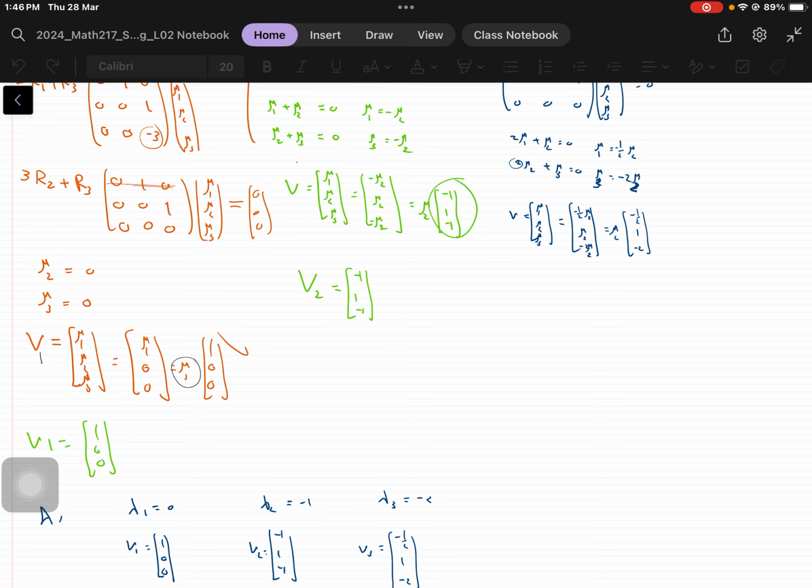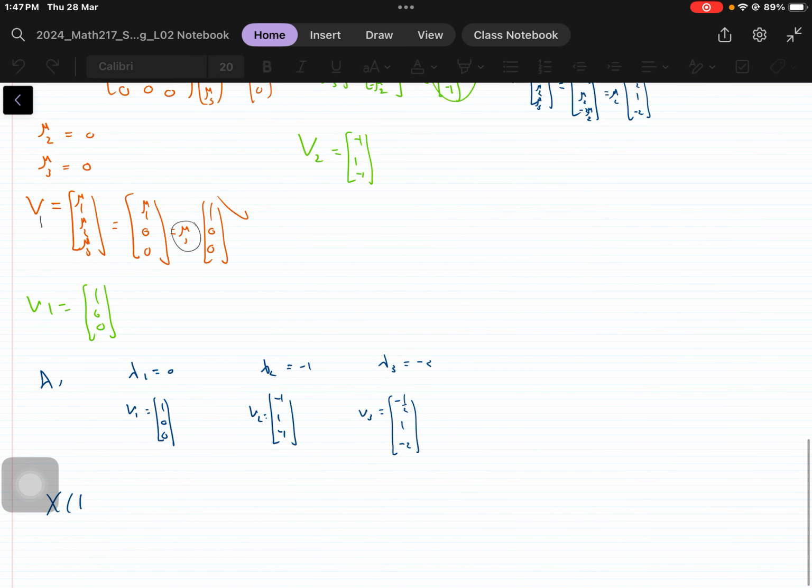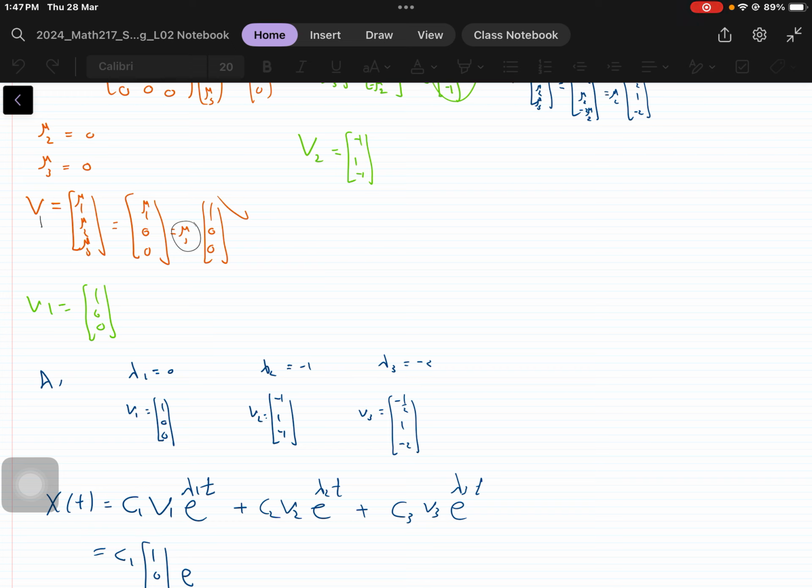Eigenvalues and eigenvectors. So now that means the solution, which is x of t, equals c1 v1 e to the power lambda 1t plus c2 v2 e to the power lambda 2t plus c3 v3 e to the power lambda 3t, which is you just say c1 times 1 0 0 e to the power 0, so just 1, plus c2